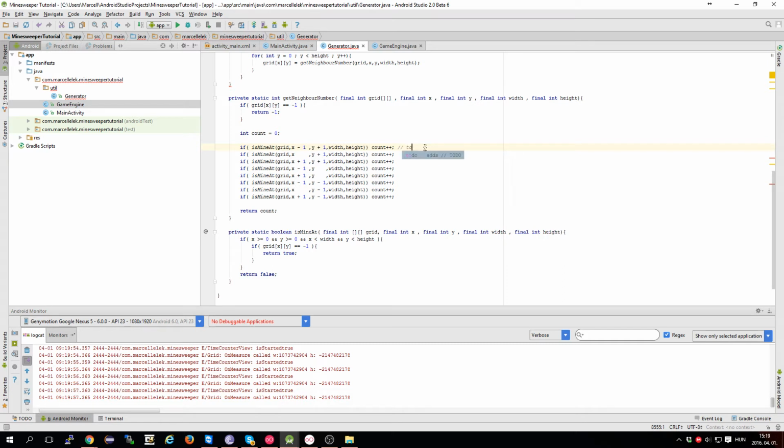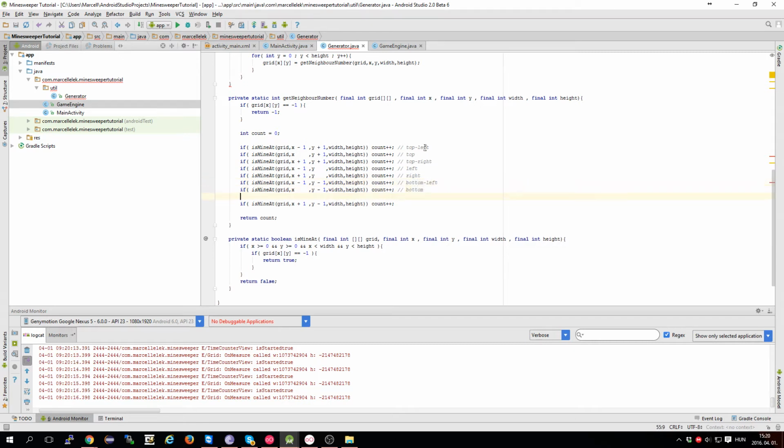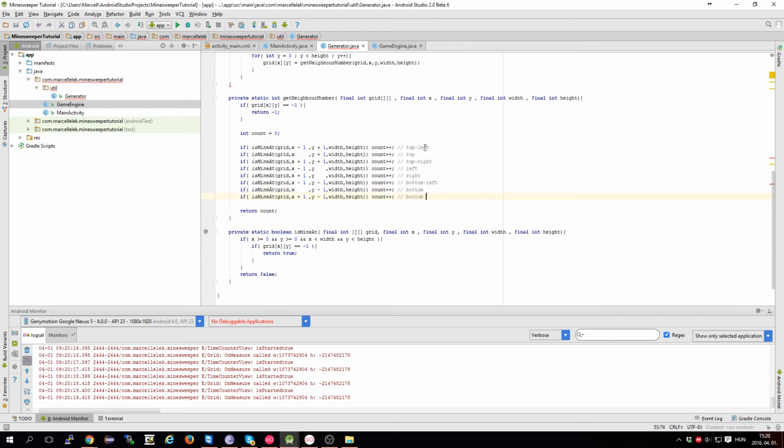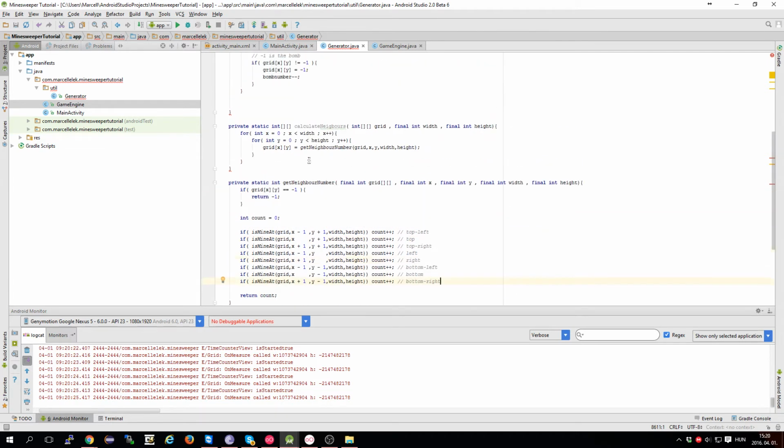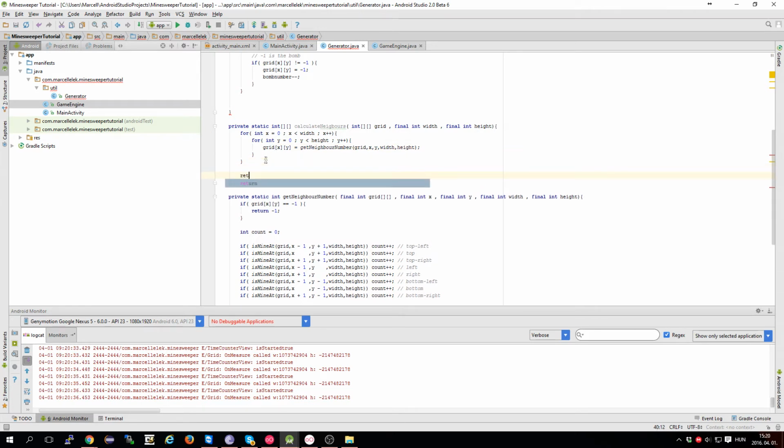So basically this is checking if, I'm just going to comment this. So this is going to be top left, top, top right, left, right, bottom left, bottom, and bottom right. Okay, so this is just going to increment this count, and here we get this number in the grid, and here we return the grid,